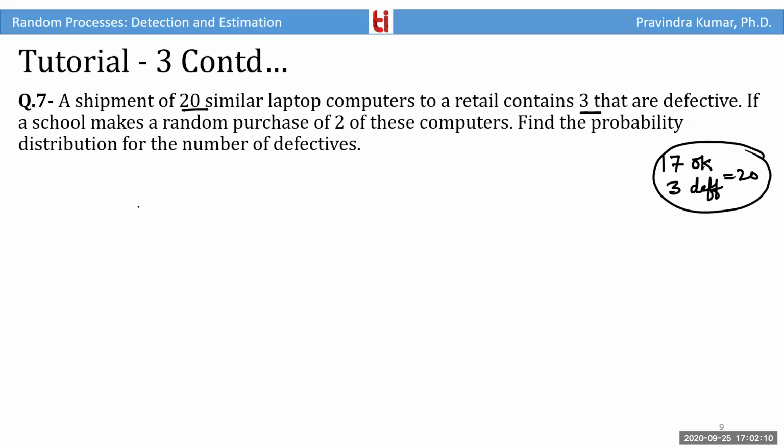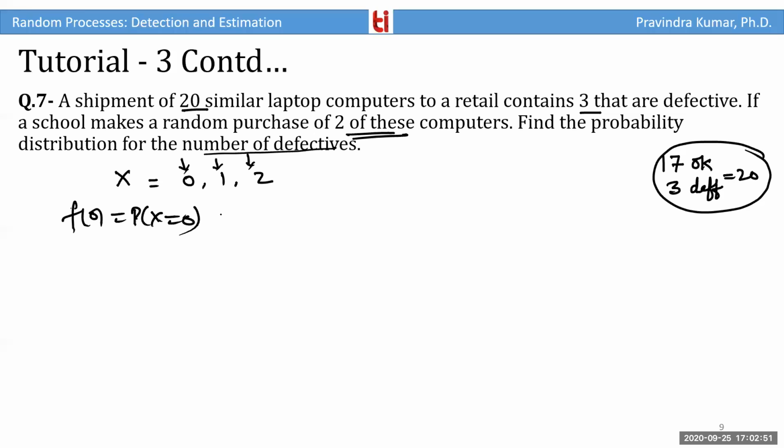This is a simple case. So if I consider random variable x as the possible number of defective computers purchased by the school, because you want to find the probability of the number of defectives. Here the random variable may take the value 0, 1 or 2, because only 2 computers are going to be selected. So it may be that none is defective, one is defective out of 2, or both are defective in the selection. So if I consider the PDF or CDF, the probability at